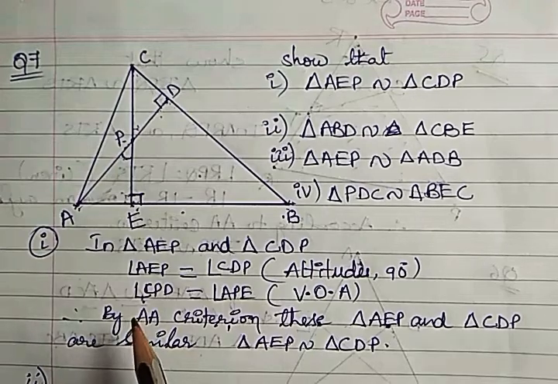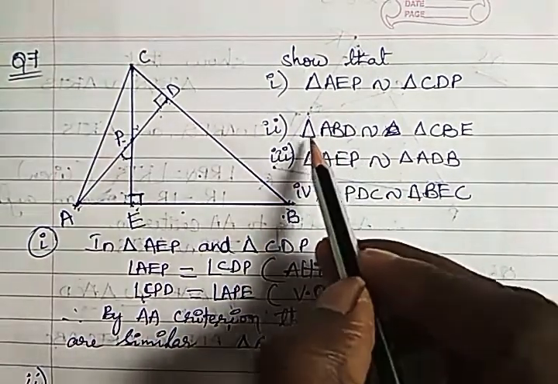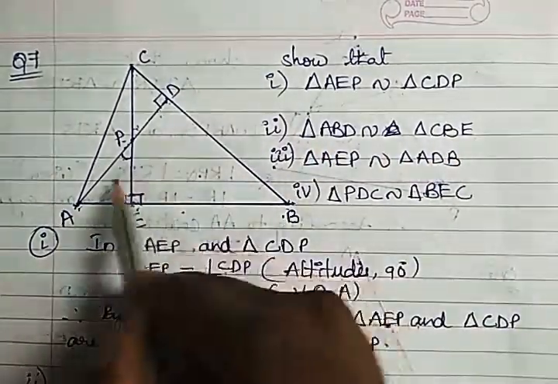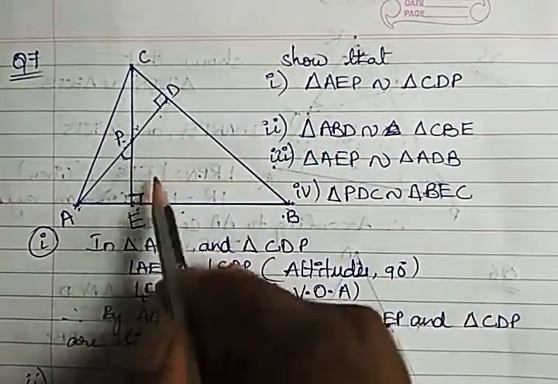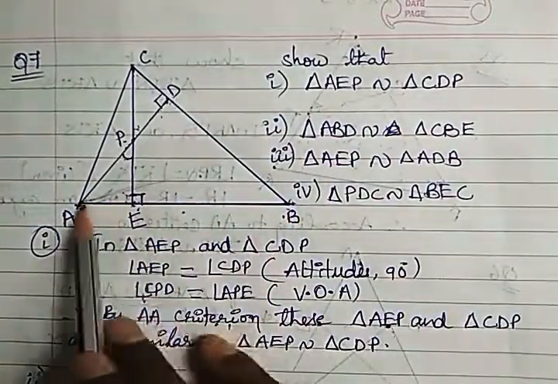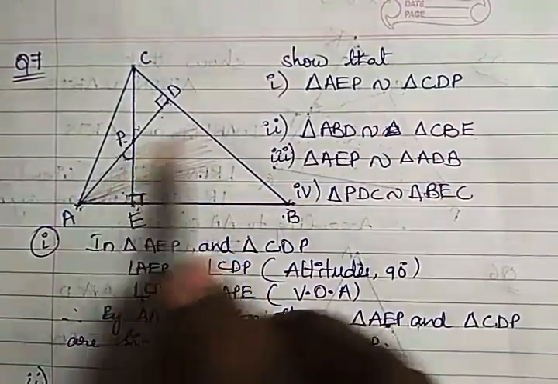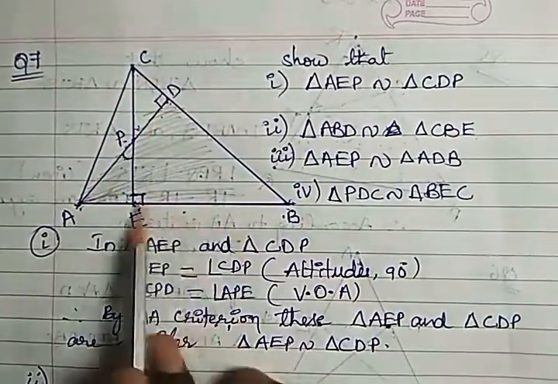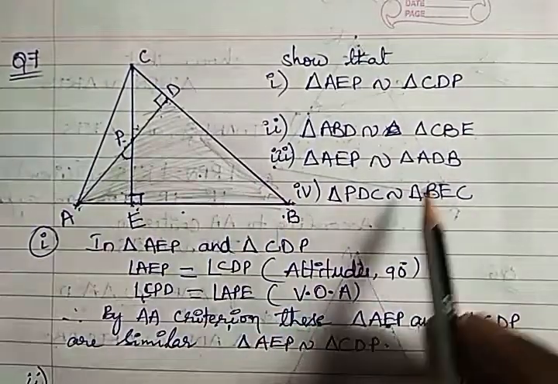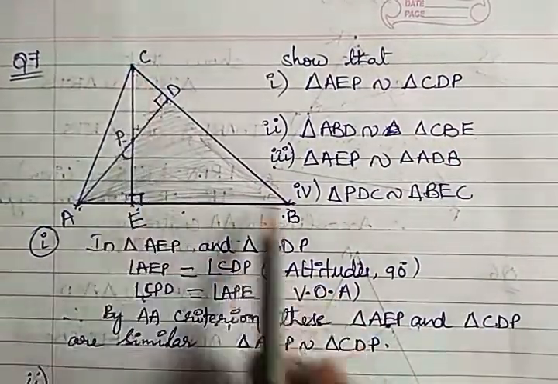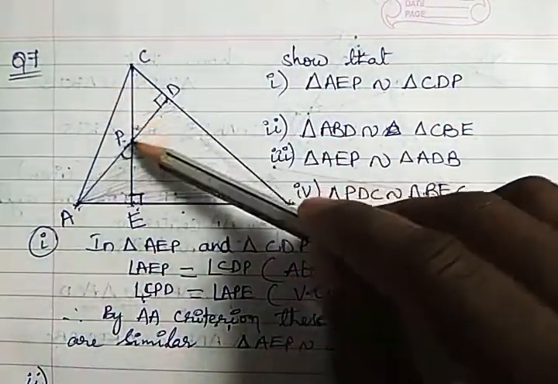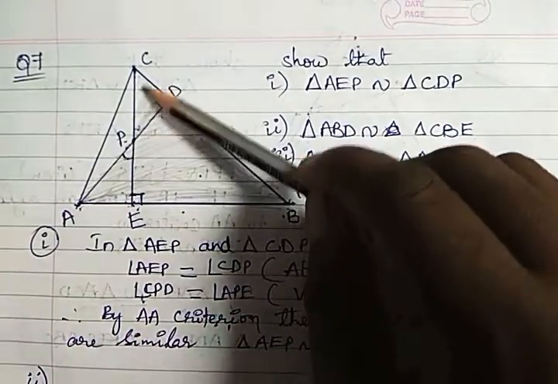Now second part of the question, that is, show that triangle ABD is similar to triangle CBE. Let us locate these two triangles in the figure. ABD. So I'll just highlight this triangle by shadowing it. You can draw a different triangle also. So this is ABD, and then CBE. CBE, that means this one, this full triangle. It is already shaded up, so I'll just shade this much.